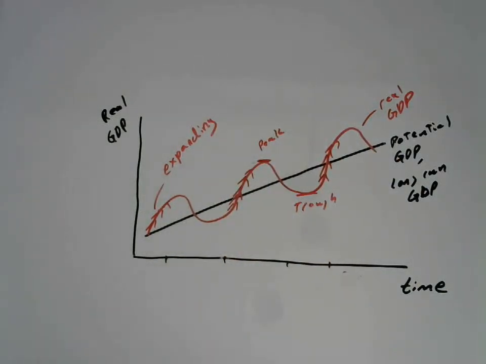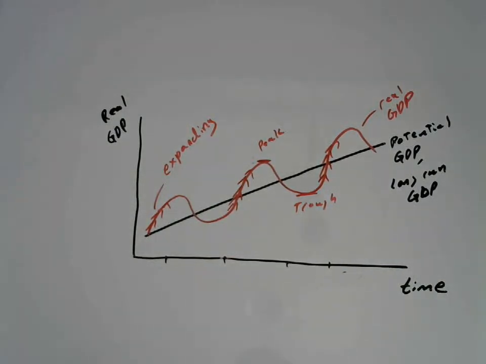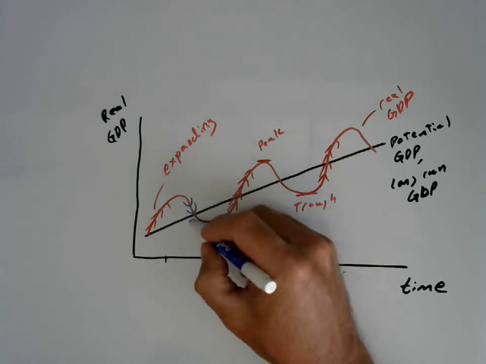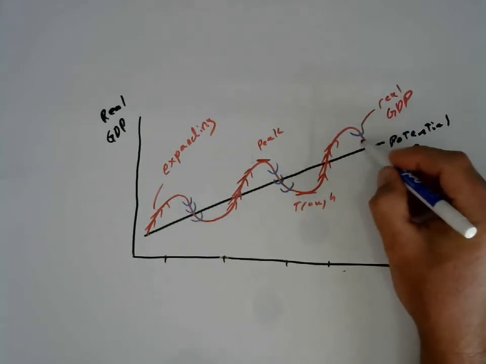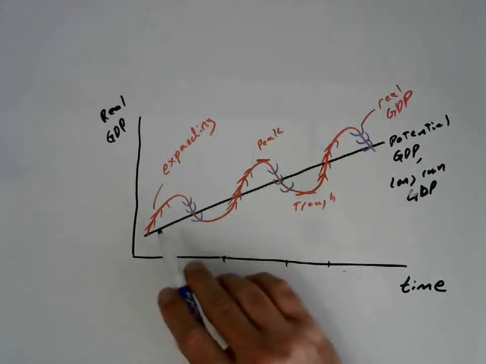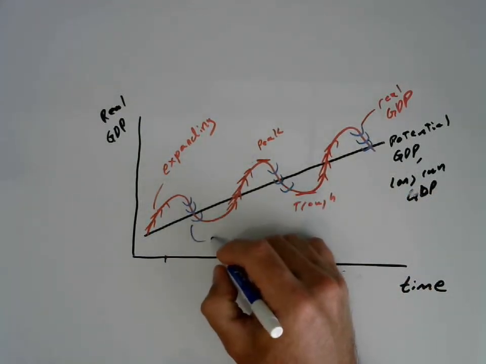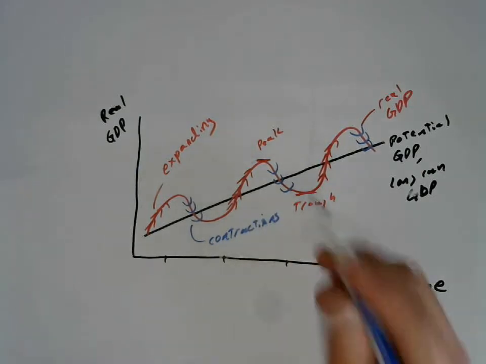Now, sometimes, however, the economy contracts, okay? In other words, we have negative rates of short-run growth, okay? We had one back in 2008, in fact, where the economy actually contracted and growth rates were negative. That would be a period such as this, where the business cycle, real GDP, this wavy line has a negative slope. We'll call those contractions.